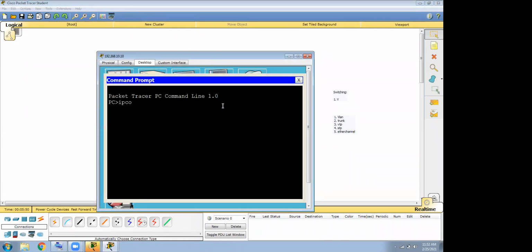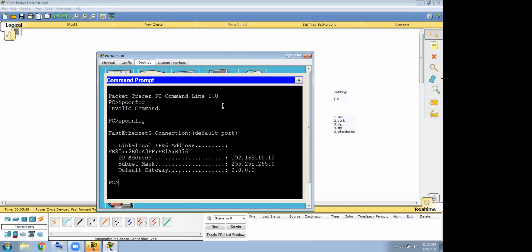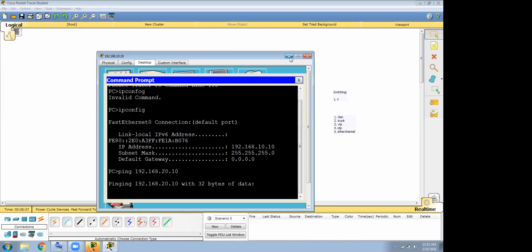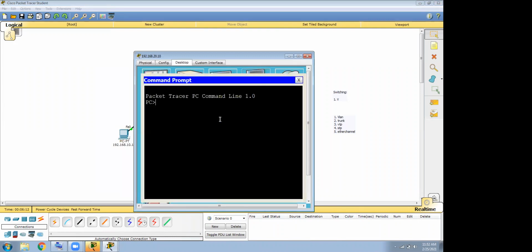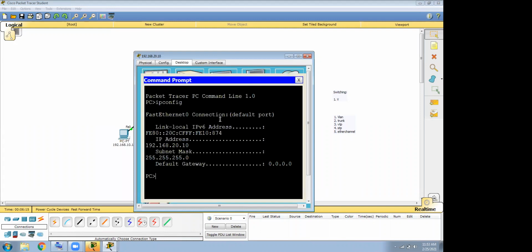Okay, let's try that. ipconfig, then ping 192.168.20.10, the other machine. No, it will never ever ping. If I go to this machine, ipconfig, first always check what is the IP address of this one.